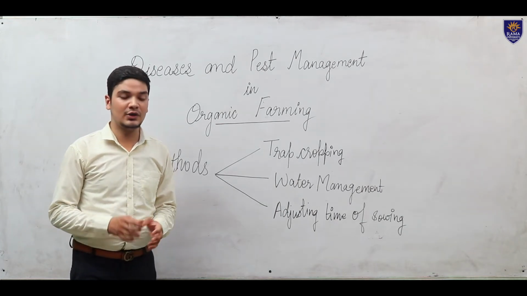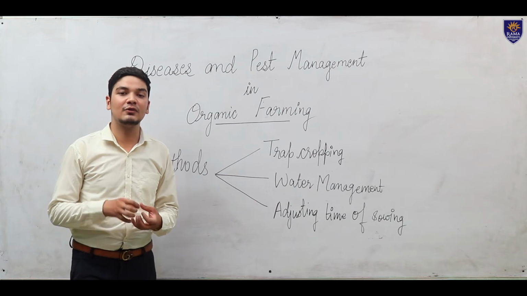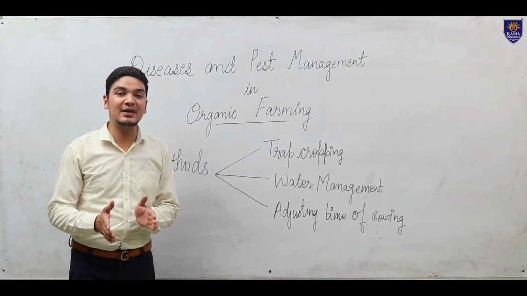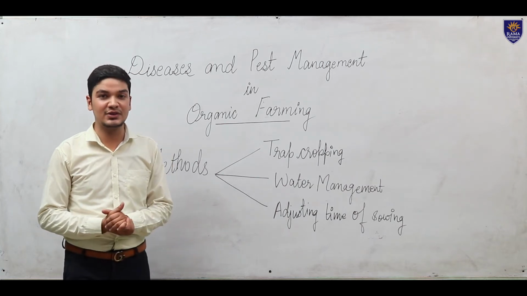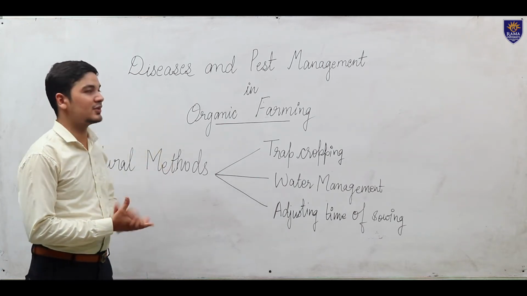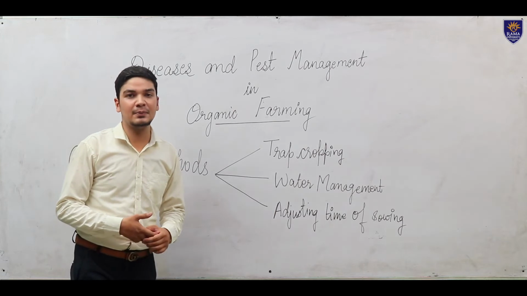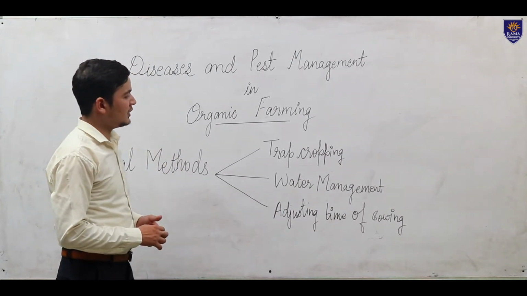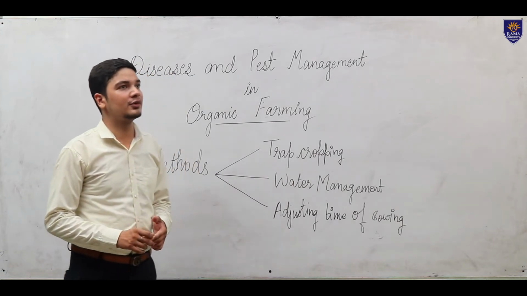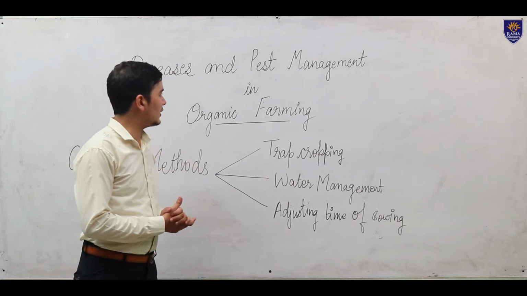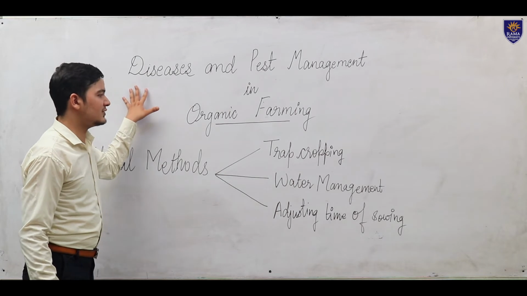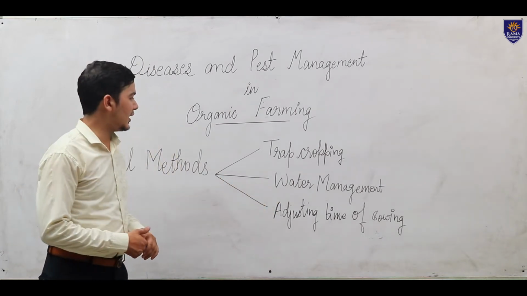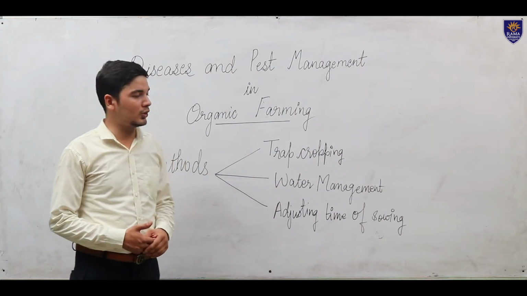If we use the scientific way of applying water to those crops, we can minimize the risk of weed infestation as well as pest infestation. Usually it happens with the spores of diseases. If we are not using water in an efficient way, the spores of the diseases can be communicated easily throughout the field, and it may infest the whole crop.